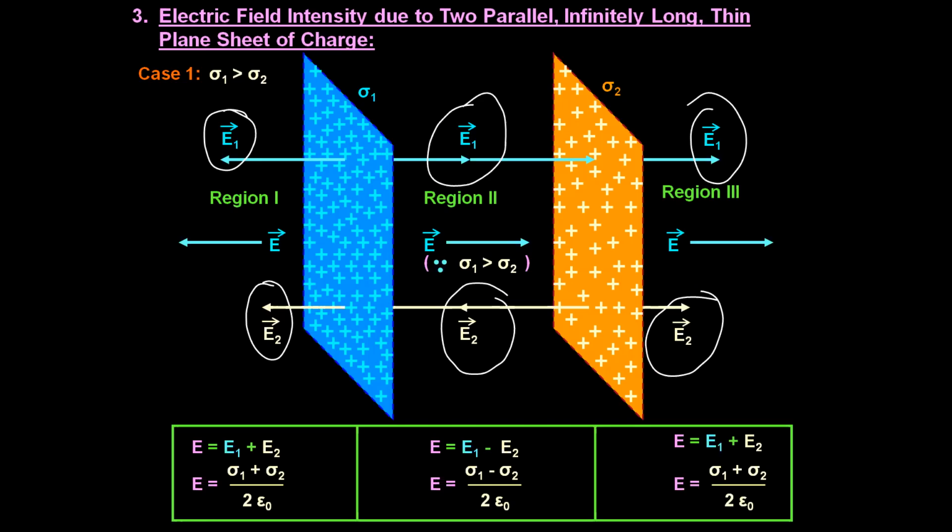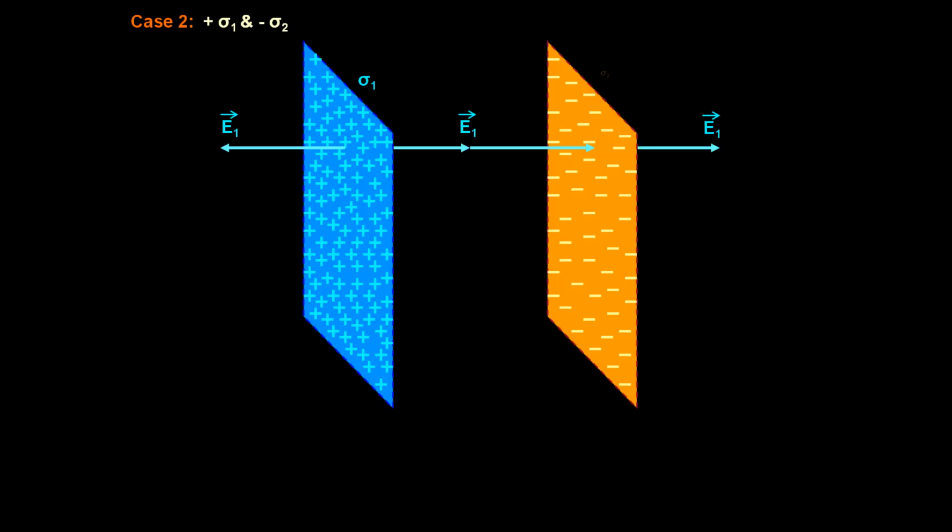Let us take another special case, case number 2, where one of the sheets is positively charged and another one is negatively charged. For that, let us consider the first sheet, sigma 1. Direction of electric field will be away from positive charge. Hope it is very clear to all of you. Consider a second sheet of charge, but this is a negatively charged sheet. Its direction has to be pointing towards the sheet on all the sides. So this is how E2 direction can be marked, right?